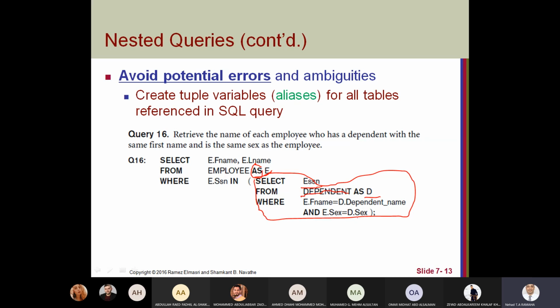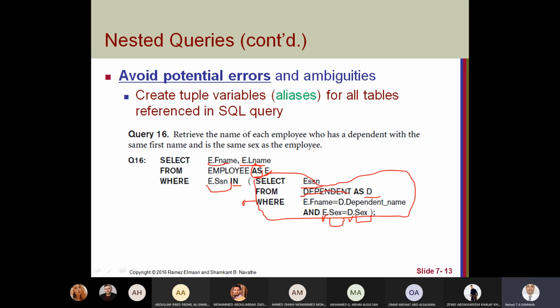Because in the dependent we have the attribute sex and employee also has the same attribute. So we said here return all employees when first name equals dependent name and employee sex equals dependent sex. This will return ESSN, and then we said bring the first name, last name of the employee when his social security number is in the result of this query.